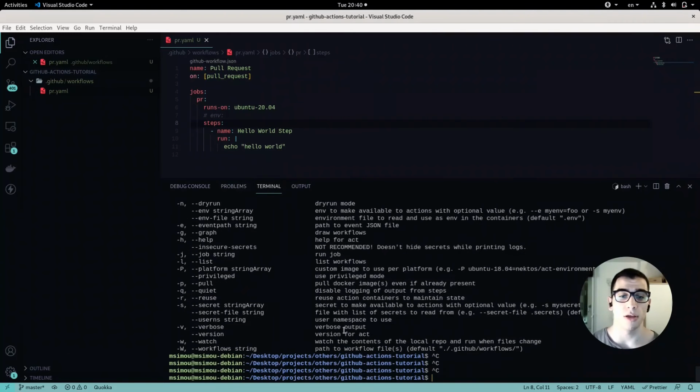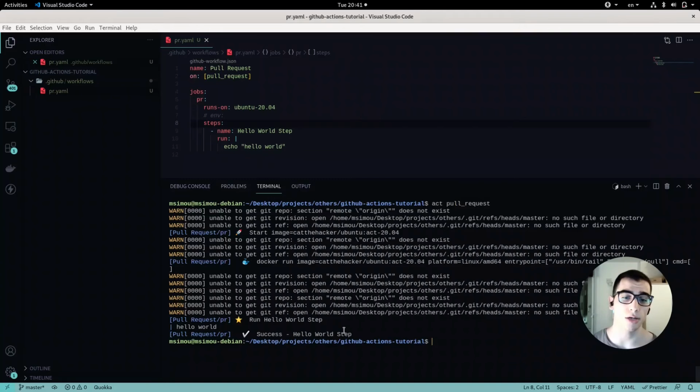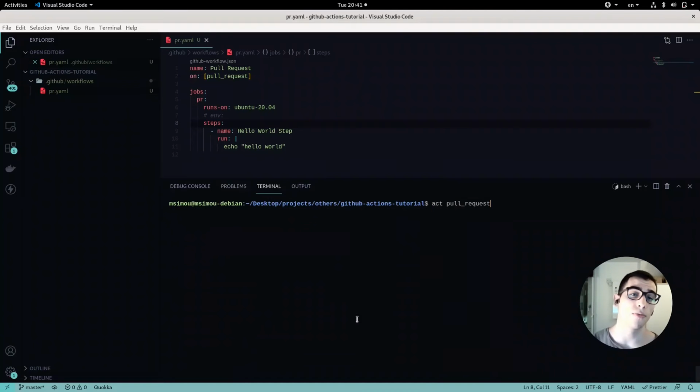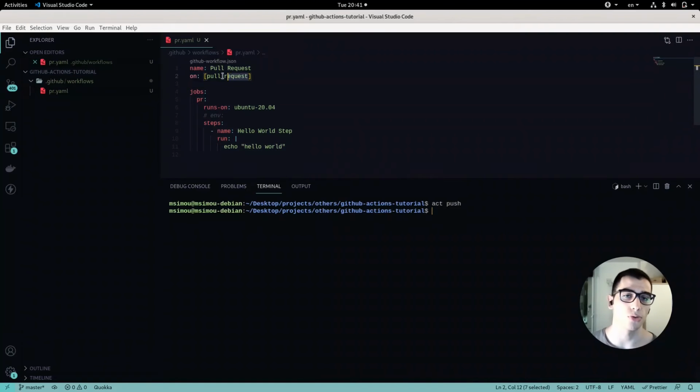So in that case, I will use Act, and I need to set the type of event that I want to trigger. In that case, I want to trigger a pull request. So I use act pull_request, and as we see here, I print hello world. If my event doesn't match the event of the workflow, then it won't be executed. So if I try for a push, we see that nothing has been executed,